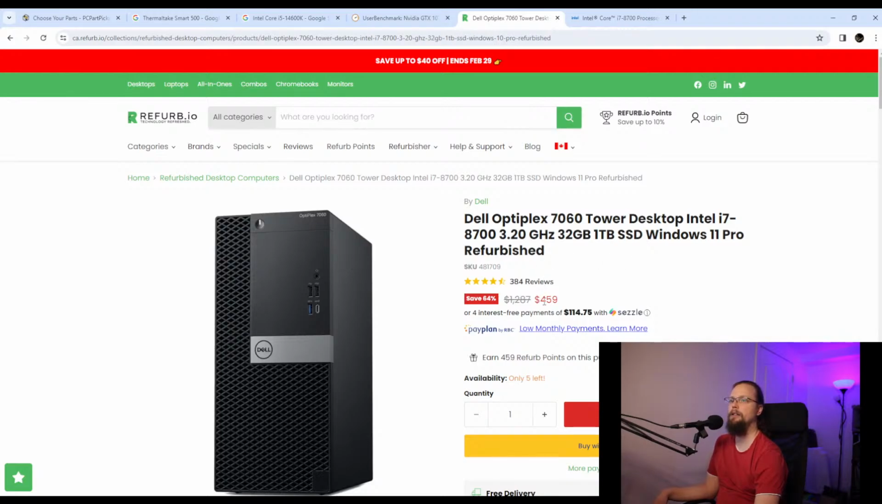And in Canada, 460. So in the US, we're probably looking at 3-something. That is one budget option that will serve you really well. Another,